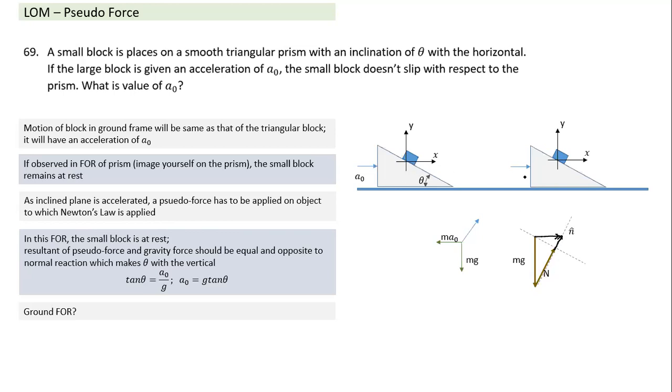So when you observe from the ground frame, as I said, it has zero acceleration in the y direction. It means the vertical component of N has to be equal to mg. Vertical component of N becomes mg. That's why it has no acceleration in the y direction. When the vertical component becomes mg, it will have a certain horizontal component. So what is the horizontal component it will have? It will have N sine theta. N sine theta is the horizontal component, and that's why it will have acceleration in the horizontal direction. And N cos theta is equal to mg.